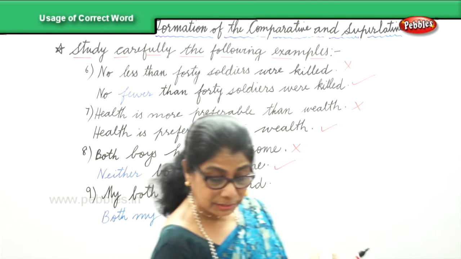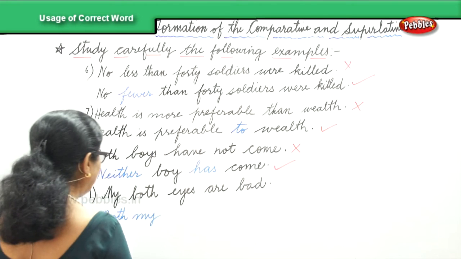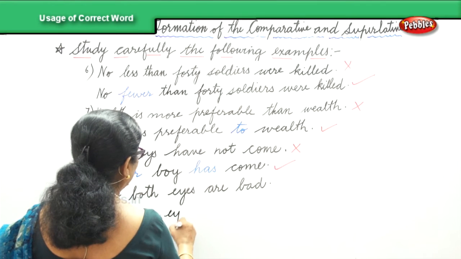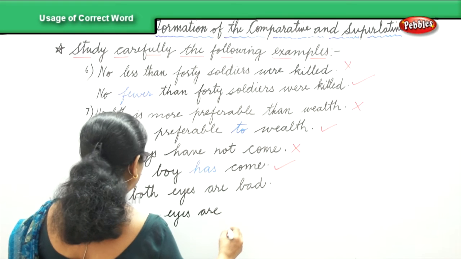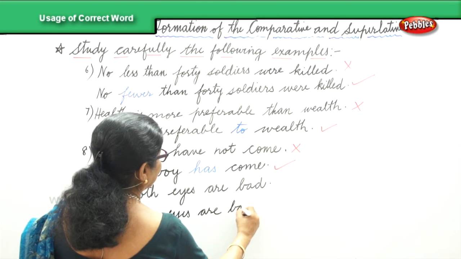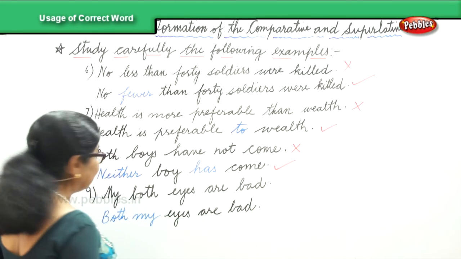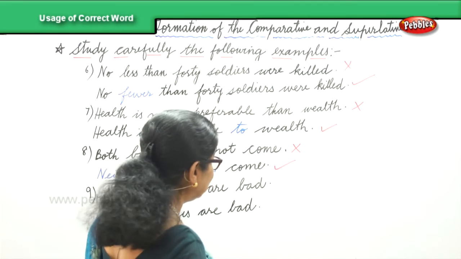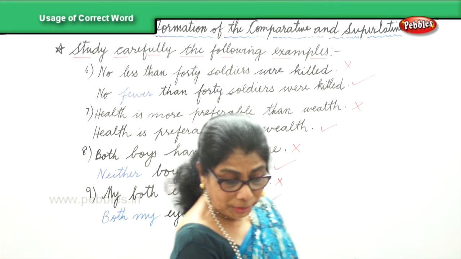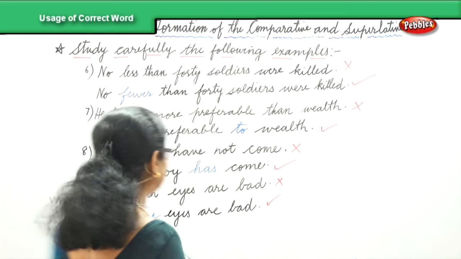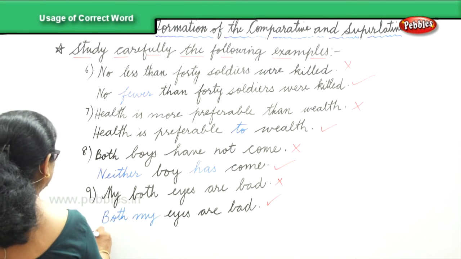My both eyes are wrong. We must say both my eyes are bad. Are bad. That's the right way. Okay? That's the right way to say. So certainly this is wrong and this is correct. Finally, we will examine one more sentence. And that is